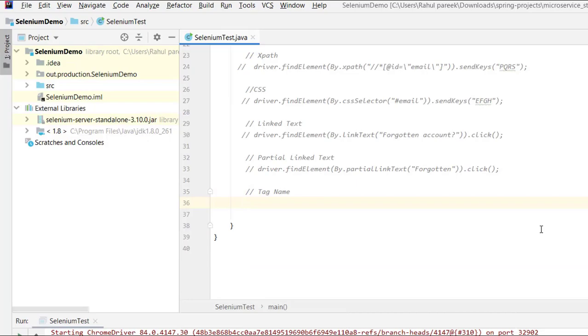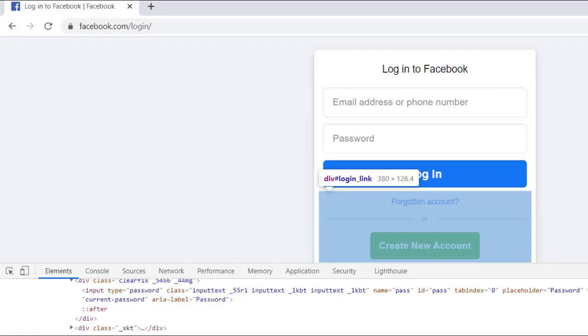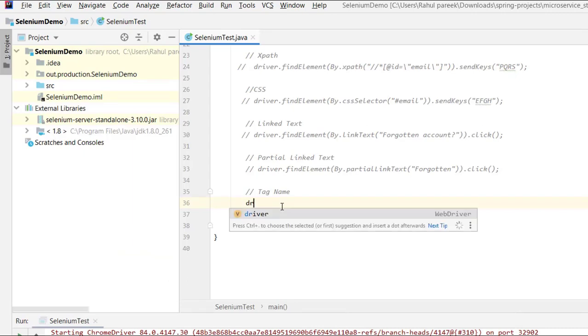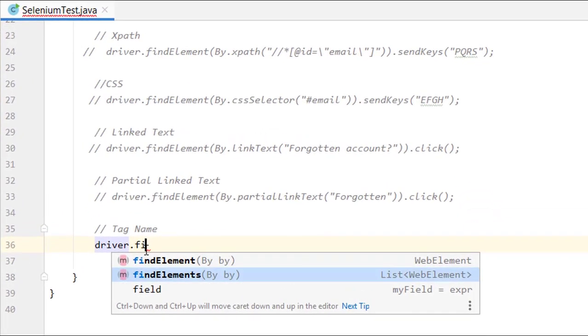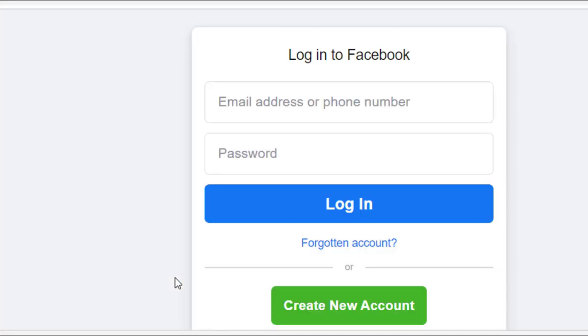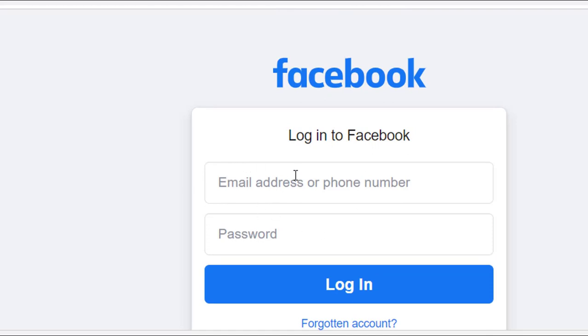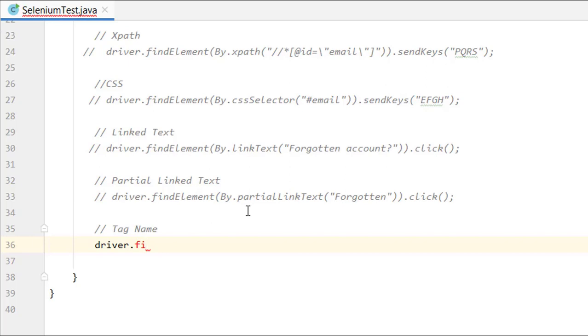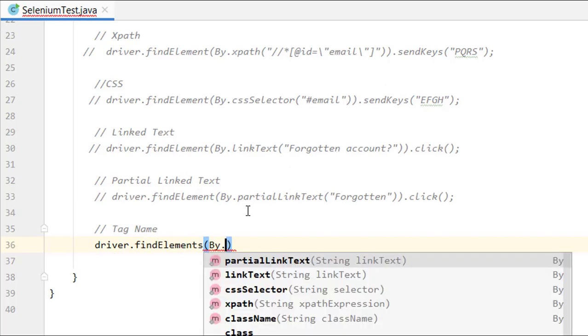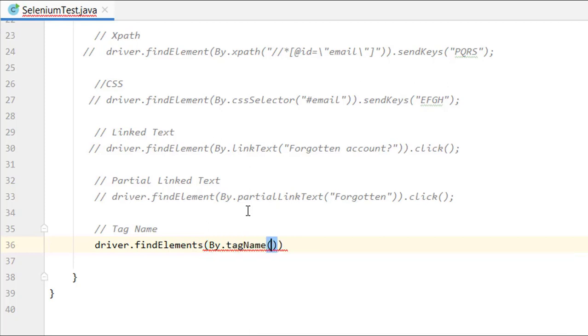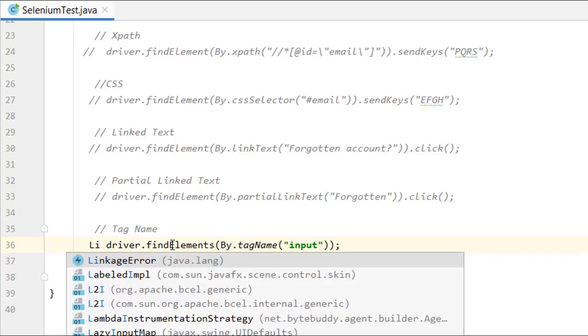So basically let us do one thing. We are having multiple input text fields. So with this particular locator, let us do driver dot find elements. Okay, so there is this particular method, find elements. What we need to do is simply write one case in which we get all the input fields in this particular web page, get all the input elements, and then count how many inputs are present in here. So let me do find elements, then by tag name. For the tag name, let me give input because we want all the inputs, and then let me get it into a list. The find elements will return a list.